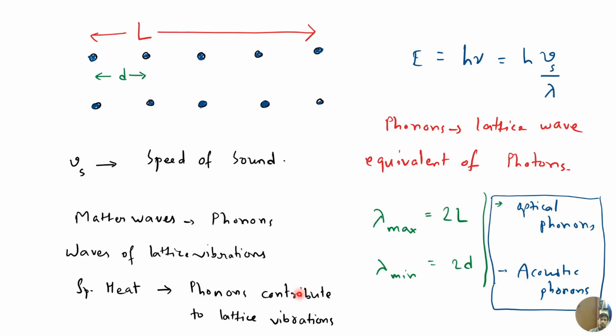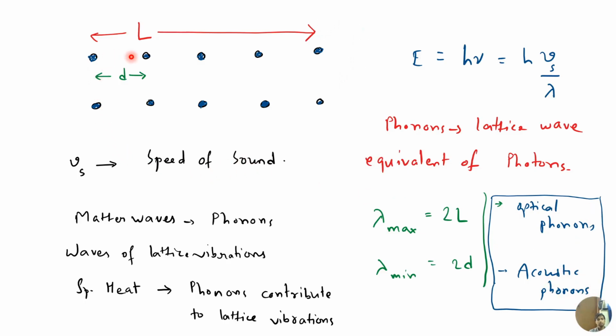So till now we have seen the electronic contribution to the heat capacity, but there is a contribution to the heat capacity from phonons as well. Now there are two kinds of phonons. One is acoustic phonons: when you have, let's say, a monovalent material, one type of atom in the entire crystal, then the disturbance will propagate just like a sound wave. Those are called acoustic phonons.